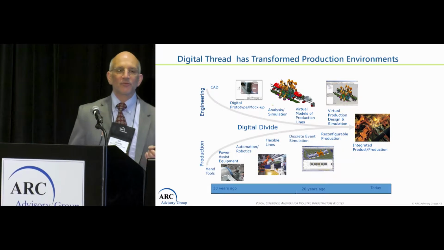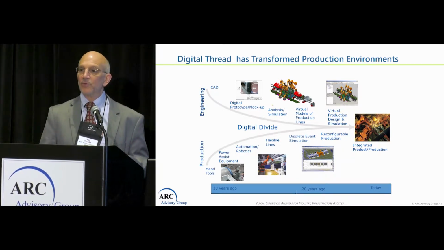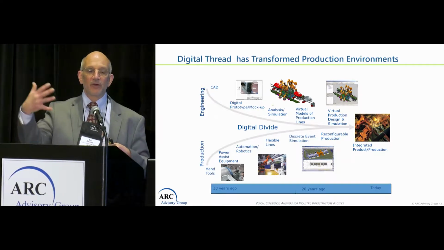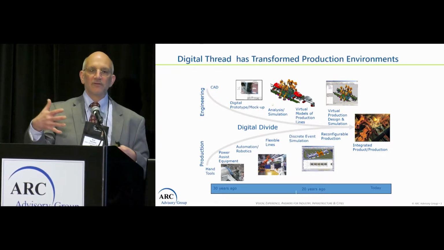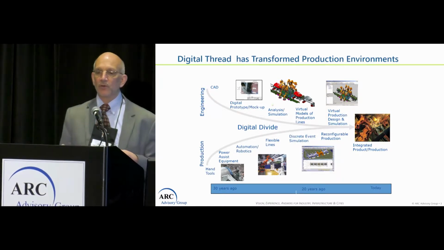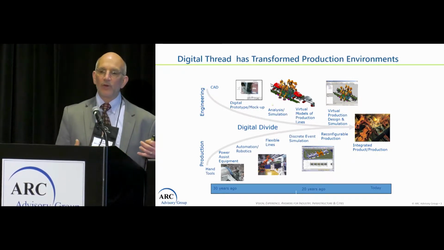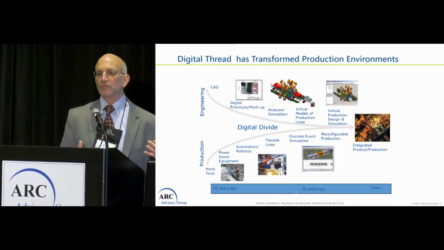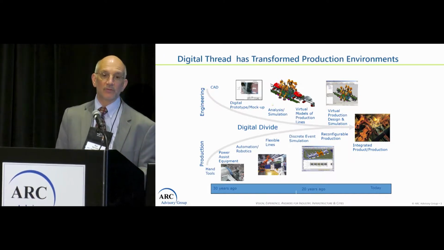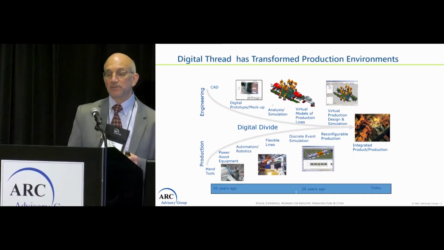If you look at this picture, we look at the digital divide about 30 years ago, when we had product design and process design all developed in a digital world. And then the manufacturing community would also develop their systems, in combined digital and analog worlds. Over time, information moved between the two worlds generally through paper documents, informal discussions, and things of that nature.